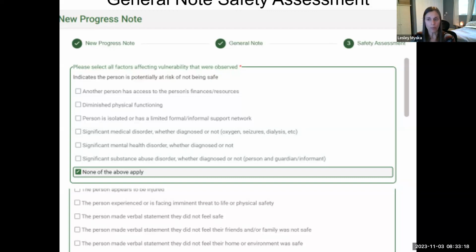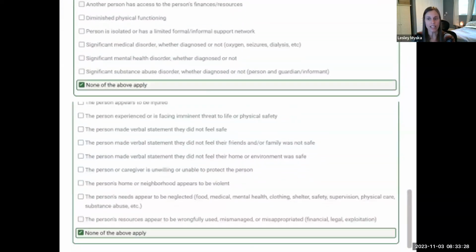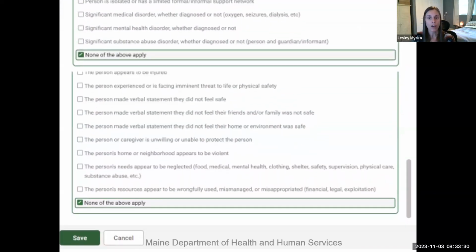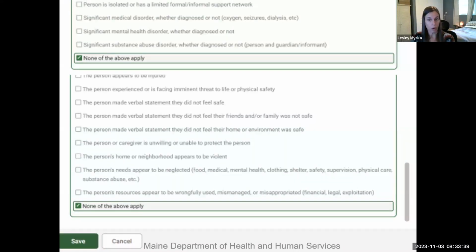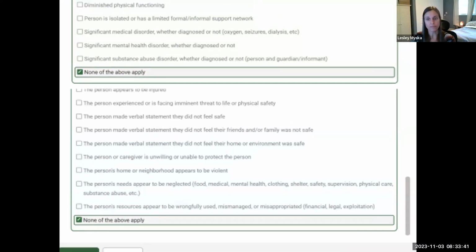The questions align with the Adult Protective Services Structured Decision-Making Safety Assessment questions, and you can select as many factors affecting vulnerability and/or as many factors affecting safety as you may have observed, or you can indicate none apply in either or both of those questions, depending on what you've observed during your meeting.